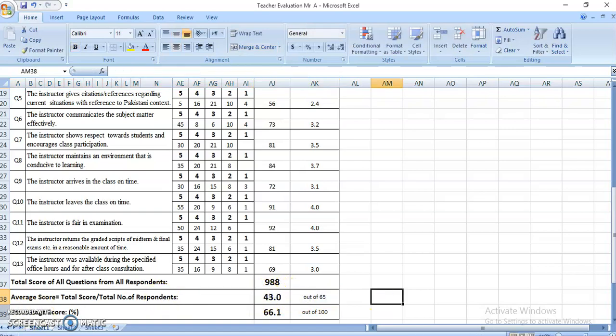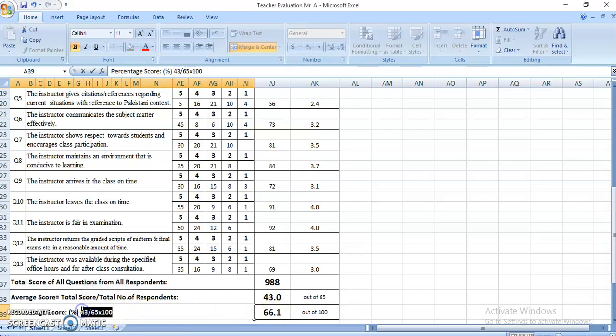So I have added this one, percentage score, that is 66.1. So how to calculate this? You write 43 divided by 65 and multiplied by 100. This is the formula I have shown.